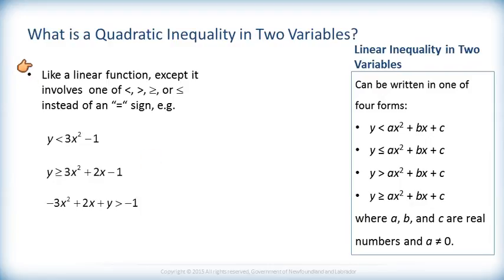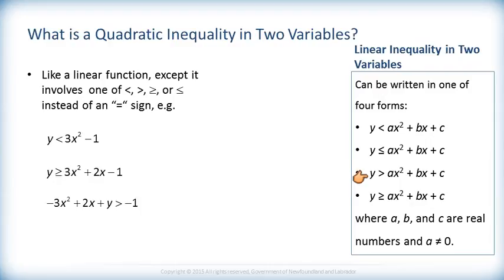In recording 1A in section 9.1, we looked at what a linear inequality in two variables looked like. Here we look at a quadratic inequality in two variables. It has both an x and a y, and it looks like a quadratic function except that it uses one of these four symbols. It may be rearranged from one of these forms. So for example, this one here, if I brought the negative 3x squared and the 2x across the inequality sign,